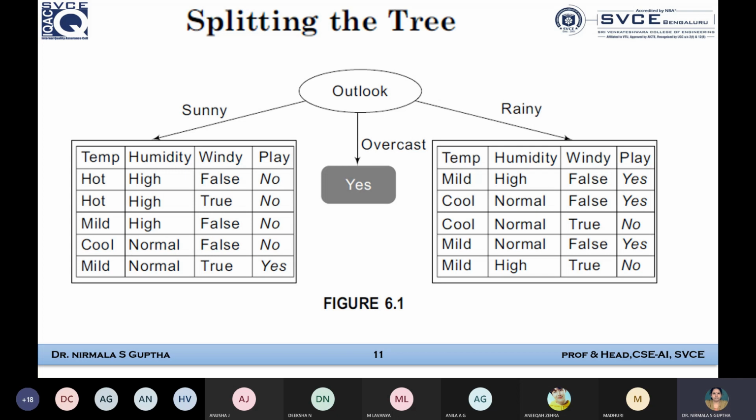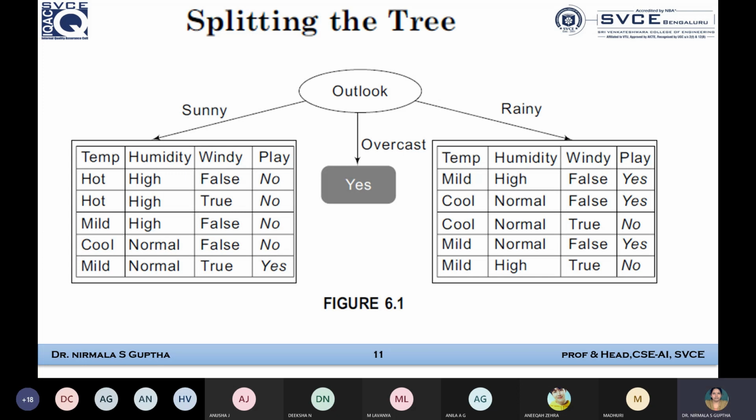Mild also, we can go and play or we may not play. But according to the data set, for sunny, even if the temperature is mild, we may not go and play. Because sunny weather, you need to correlate sunny with respect to temperature, and with humidity and windy. Right now, humidity and windy, you don't think about. Second column, third column, you assume that it is hidden value. I don't have to look into the second column, third column. I need to look only at the first column and fourth column. Are you getting my point?